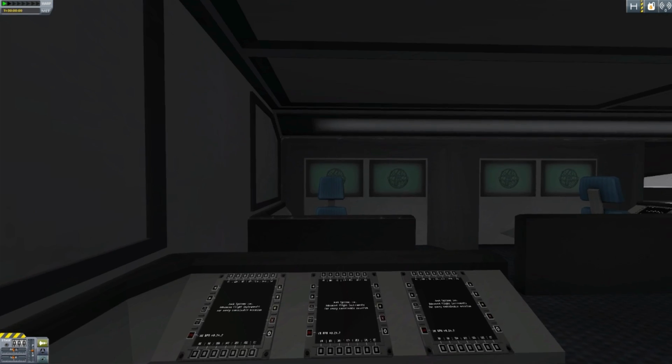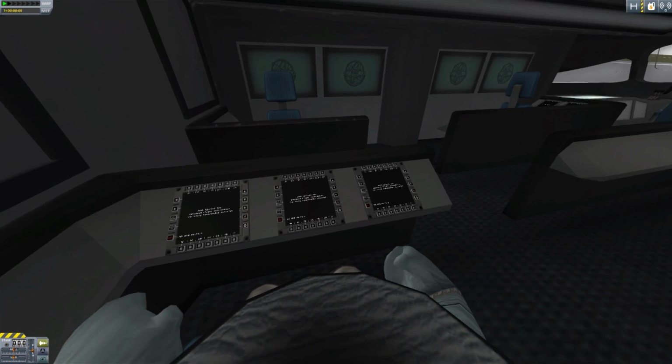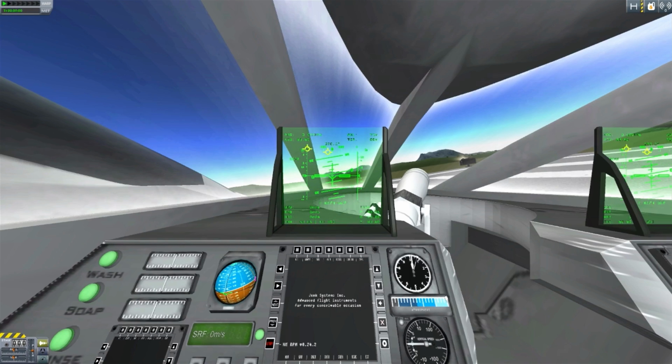And then if I go to the next in the back, we've got like these little cool science areas back here, so you have more controls, more screens that you can be looking at, which is very cool. It's like a little mini mission control back here. Very nice indeed. Now the next ship